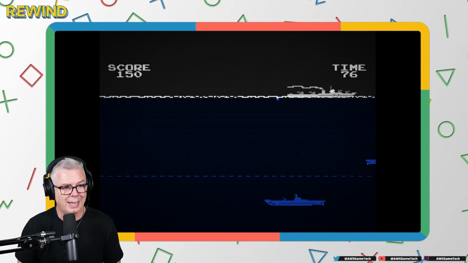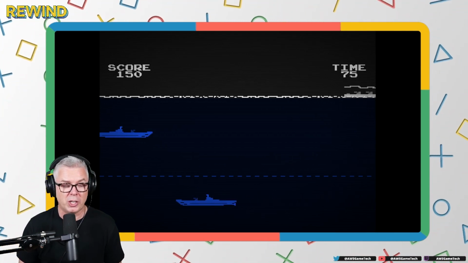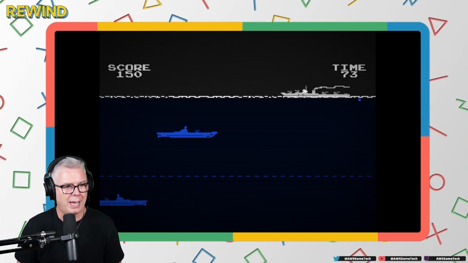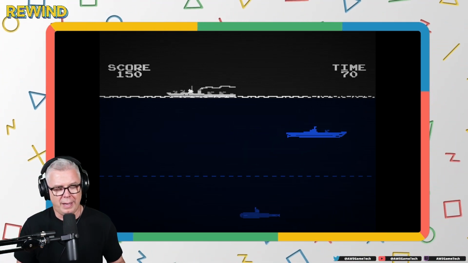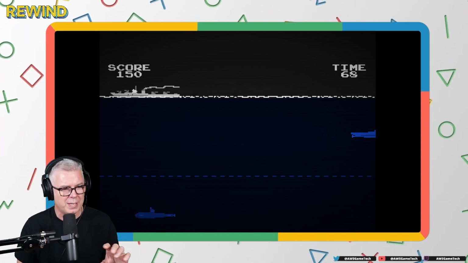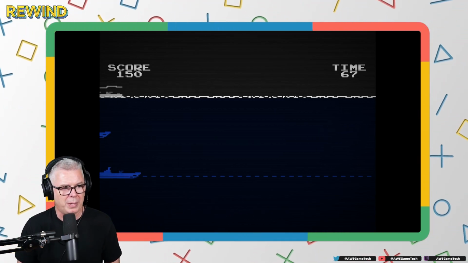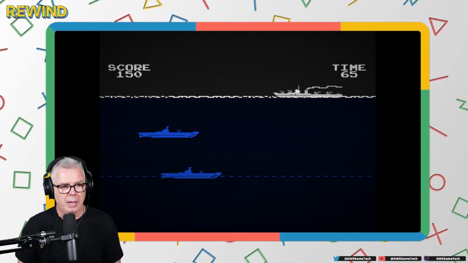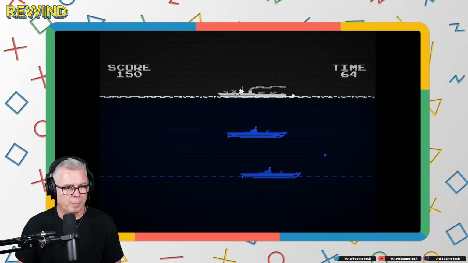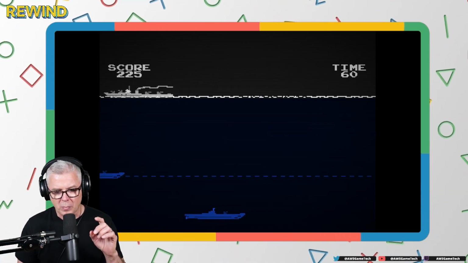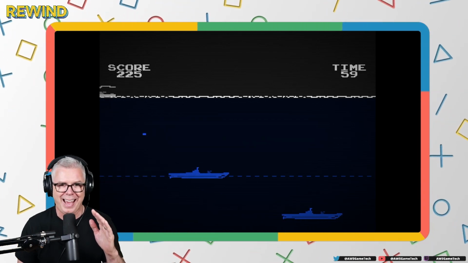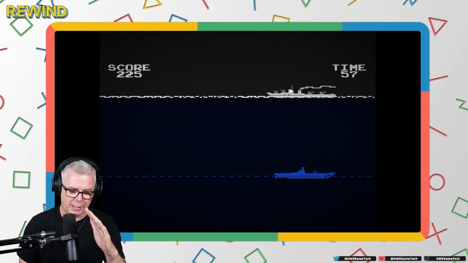Games like Atlantis by Imagic had these craft that would fly over the city of Atlantis, so you'd have to fire up at them. So you really didn't have any control over the direction, just the angle that they would basically launch from.